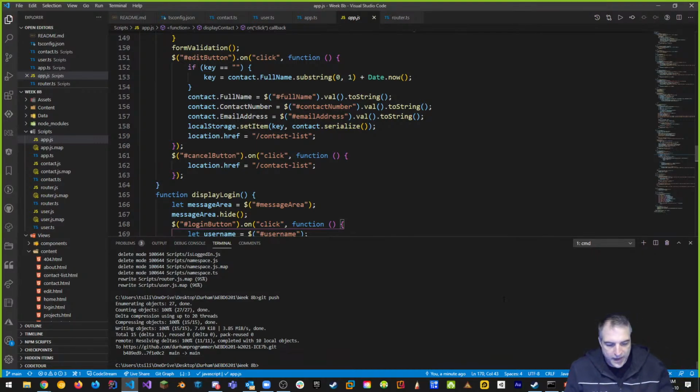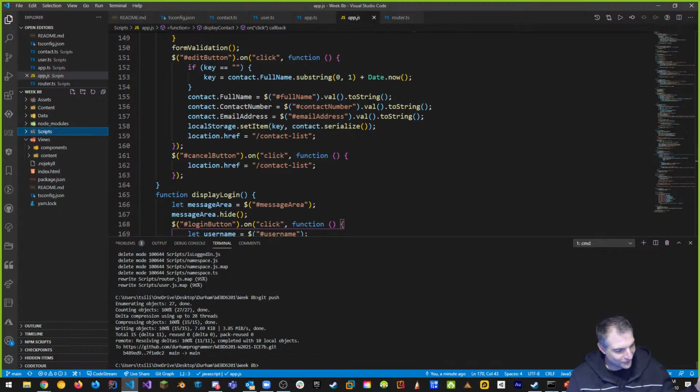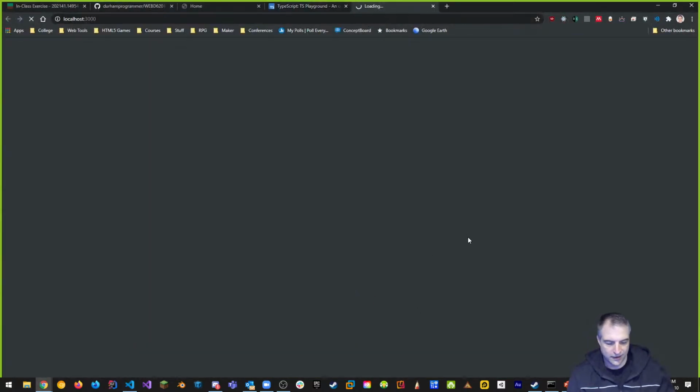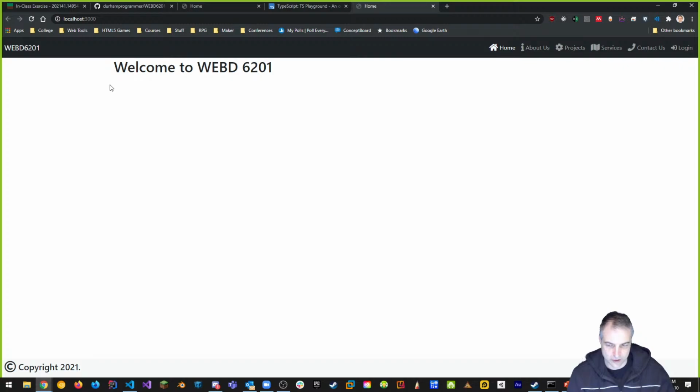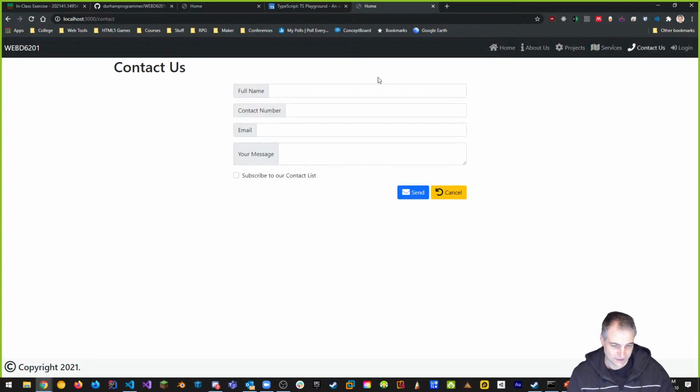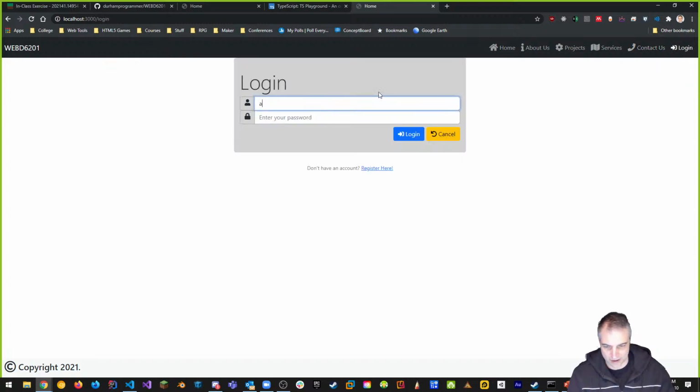One thing we haven't done in this first part is test to see if this even works. We've done all this conversion. We have no clue if this works. So let's do this now. Let's do a light server, and let's see if we get everything that we got before, or somehow it fails. If we get this, we're beautiful, because this means that all of our code is working. Remember, this is all code-driven. My entire website is code-driven now. It's not driven by pages. It's actually a single page application. So if I get something here, it's great. Let's try logging in.